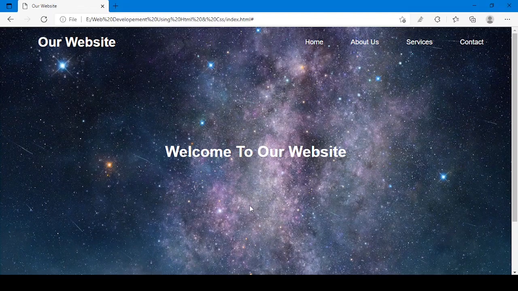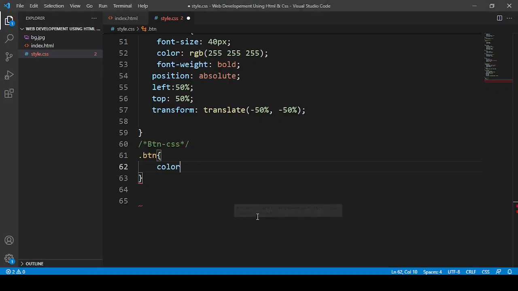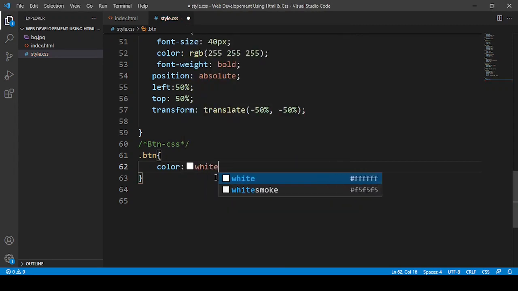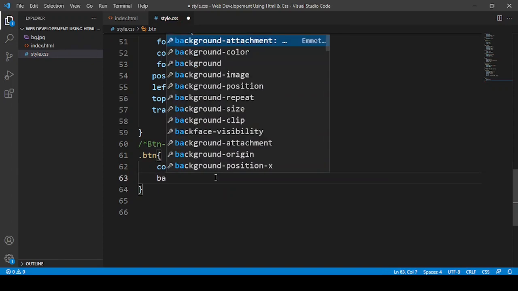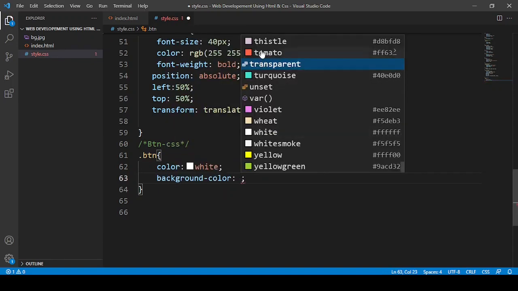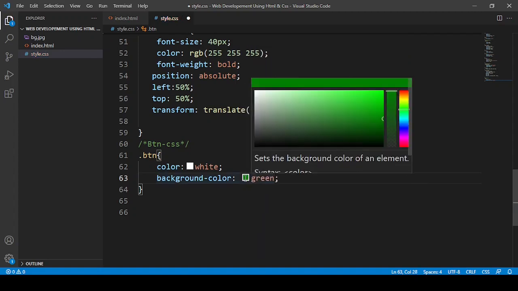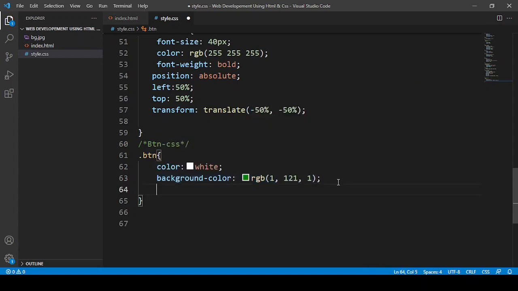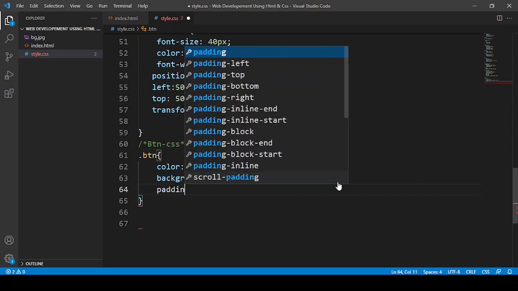You probably want white, according to the background. So I'm going to say color white, and in the background color I'm going to say something green, a little bit darker also.